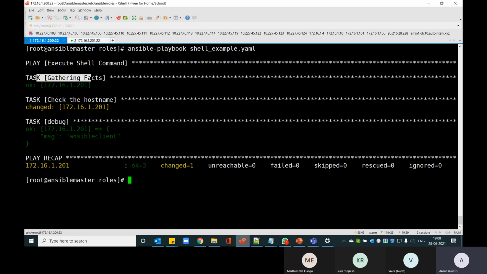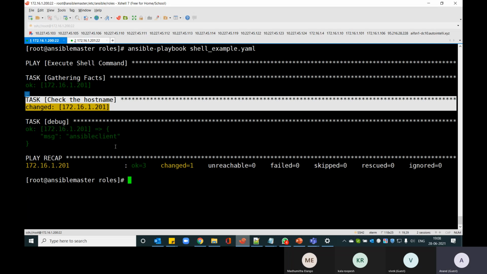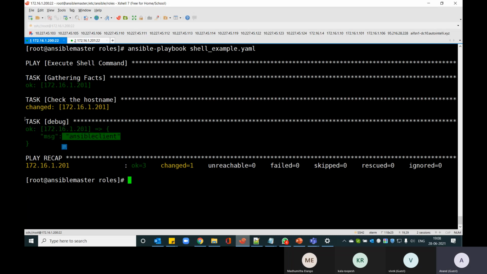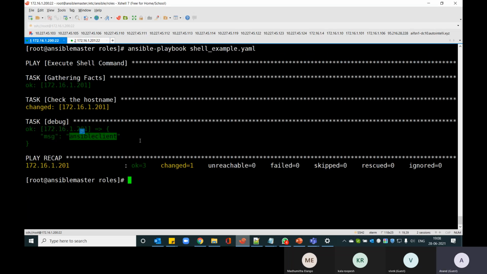Every time it runs, this task, check the host name, it checks, and this is the debug message output, which is okay, and the message is basically the host name of my client, which is Ansible.